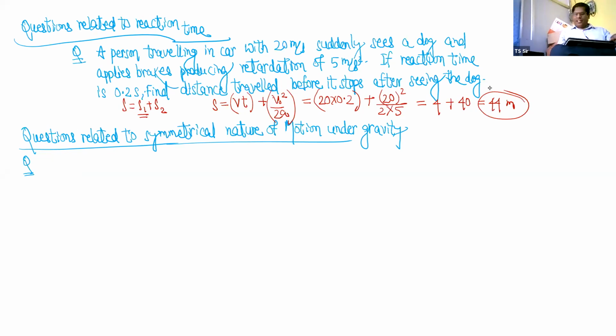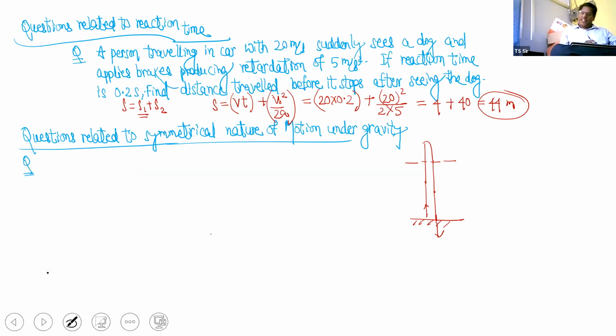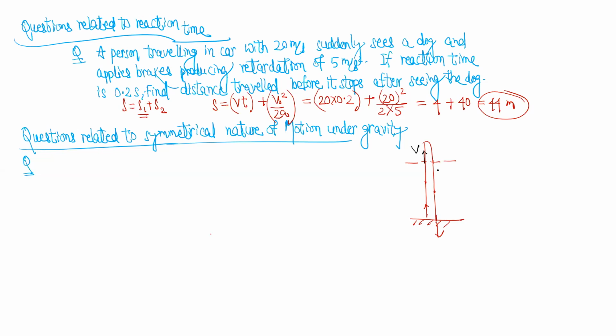Now questions related to symmetrical nature of motion of gravity. You see, there are three things here. If you remember, then you can solve these questions. Whenever a body is thrown up, it goes up and then it comes down. You will notice that at every height, it crosses that height 2 times, and while going up, whatever velocity it has, while coming down it will have the same velocity. This is the first point, because of symmetrical nature. While going, let's say it crosses that height with v meter per second. While coming also, it will be v meter per second only. Remember the first point. Second,